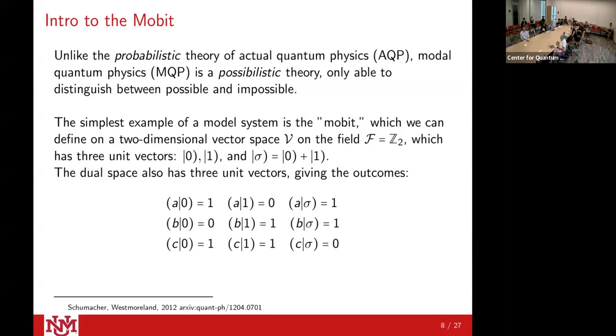I got you. Did I have a question over here? Okay, thanks. Maybe I don't understand the question Mohammed is asking, but it makes sense that 0 means you will definitely see 0, and never 1. And 1 means you will definitely see 1 and never 0. And sigma means you could see both, which is fine. The problem I have is the dual space has 3 unit vectors, I'm kind of confused by it. I guess it has 3 unit vectors, but it has 4 too. I whipped this presentation up and did not have nearly enough time to do it well and look it over, so that's more on me in the preparation.